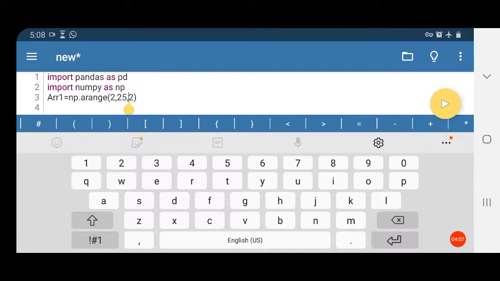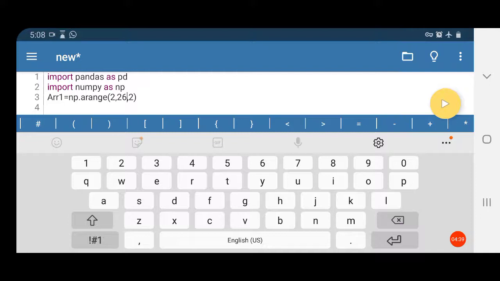So, if we select here, don't select 25, you have to select 26, because if you select 25, the last number will be 24. So, it will consider only till 25 if you give the limit as 26.